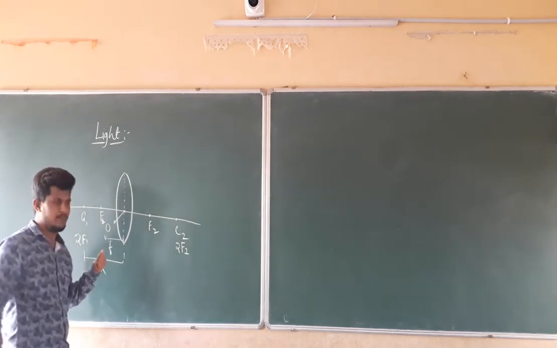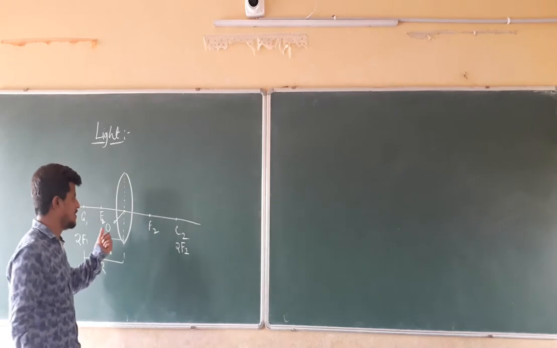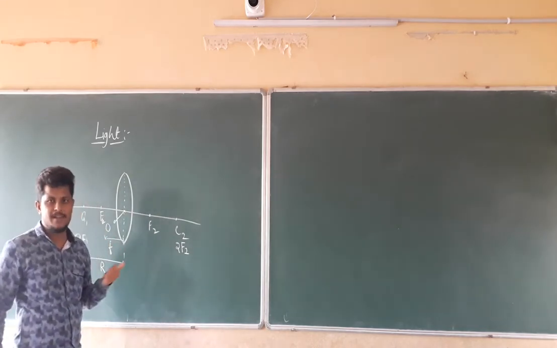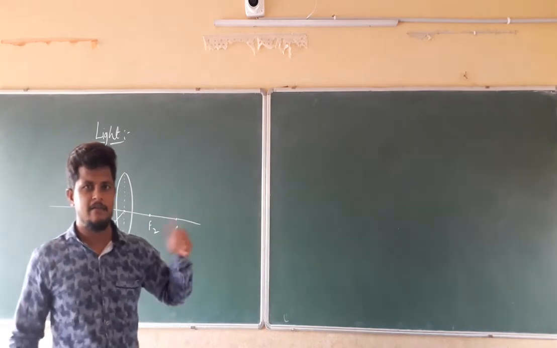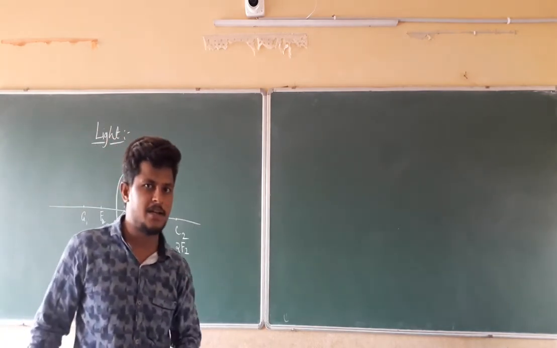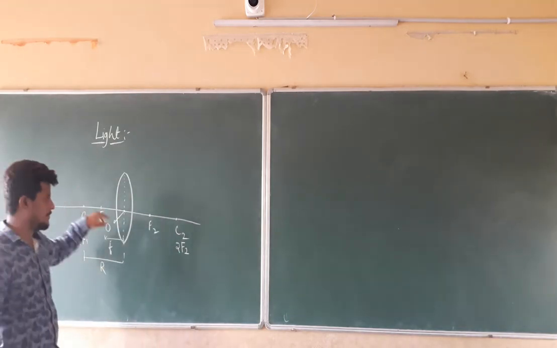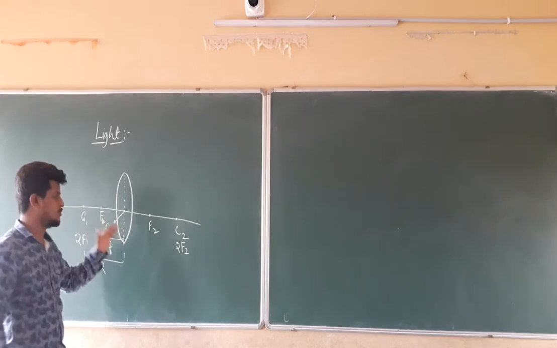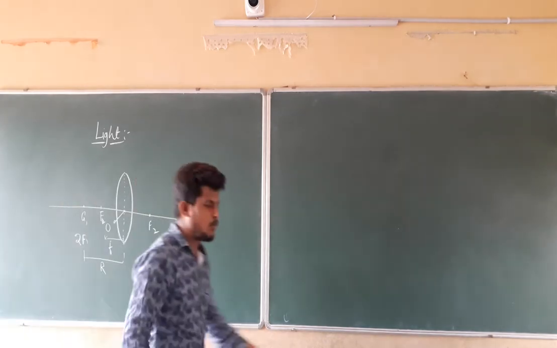Tips for drawing the ray diagram. As well as we are going to do the activities to see the formation of the image by the convex lens. We are going to do the activity in the manner that we did the activity for the formation of the image in case of a concave mirror. In the same manner, we are going to do the activities for the formation of the image by the convex lens, so that it is going to produce the real image. So these are the points you should remember.